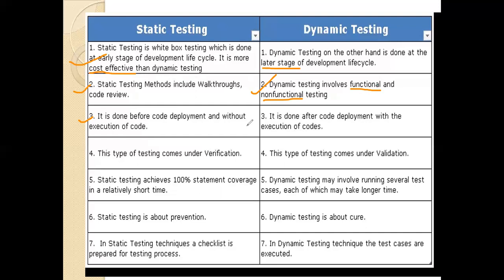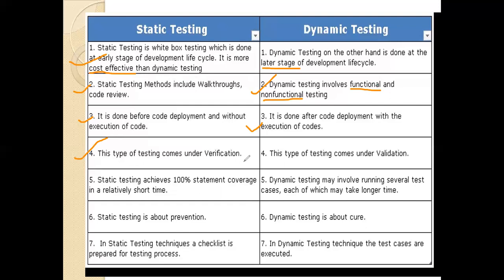In case of dynamic testing, it is done after the code deployment, with the execution of code. Then static testing comes under verification.